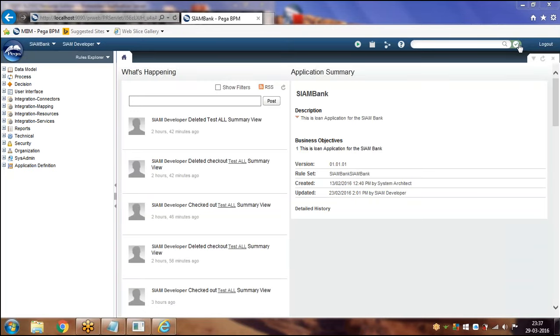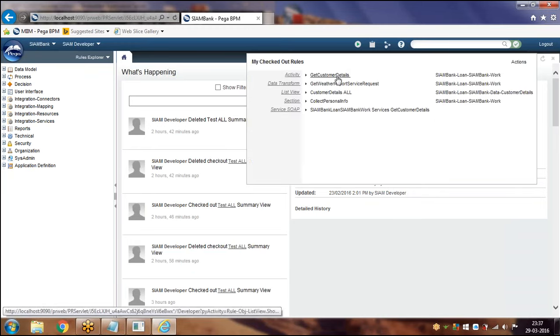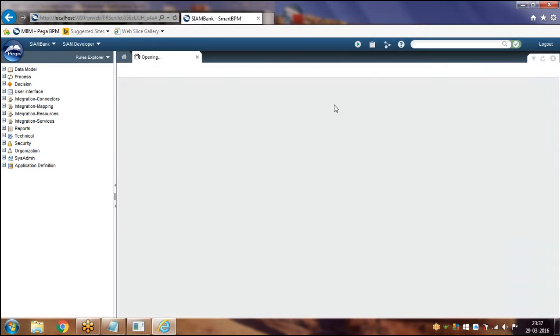So yesterday we had created a list view rule in some data class which is having some records. So this is the list view which we created.